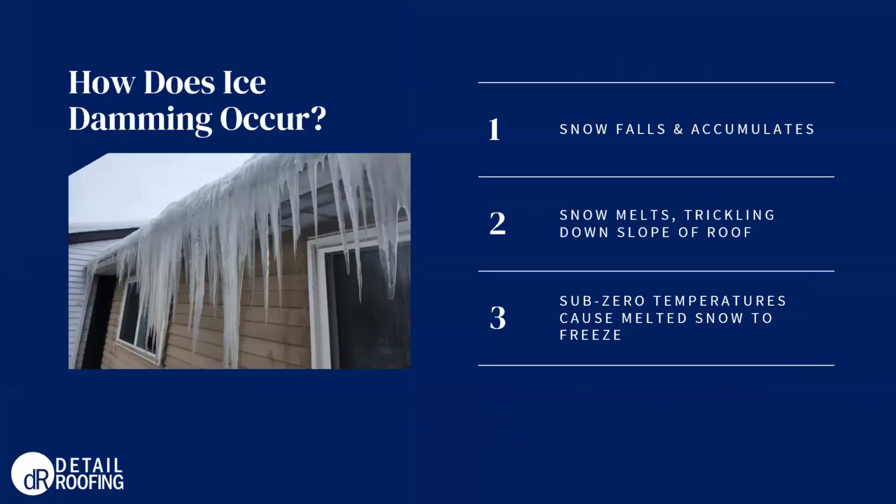So with that in mind, how does ice damming occur and why did we see so much of it this year versus previous years where there were very minimal amounts of ice damming? First of all, we do need snowfall and accumulation. From there, the snow will melt, trickling down the slope of the roof surface. And then finally, if there are sub-zero temperatures following the snow melt, that will cause the melted snow to refreeze. So thinking of last year, for example,